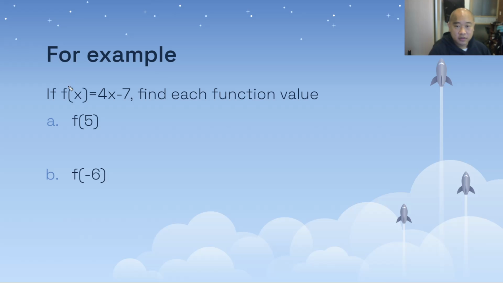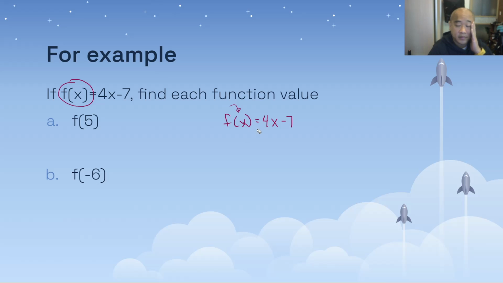So here's the other way of writing function notation that is much more common. Whenever you see f of x, that means the function of x. The function of x equals 4x minus 7. So that means that for this function, the input is going to be x. F of x means that x is the